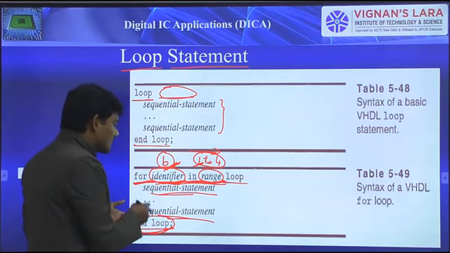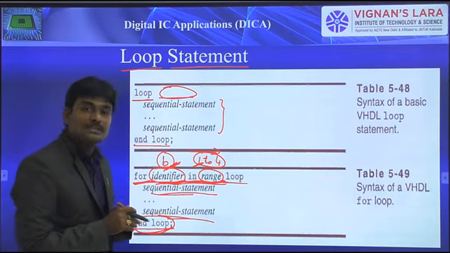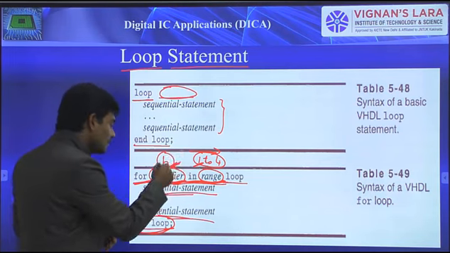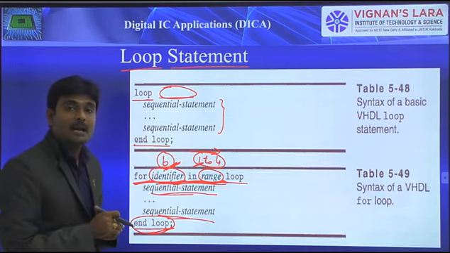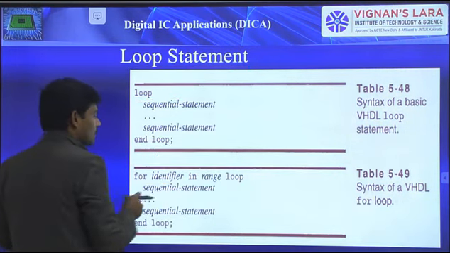Okay, so that is the syntax for the for loop statement. This is how it looks: for identifier in range loop, sequential statement, then end loop. Okay, so now considering this particular one,